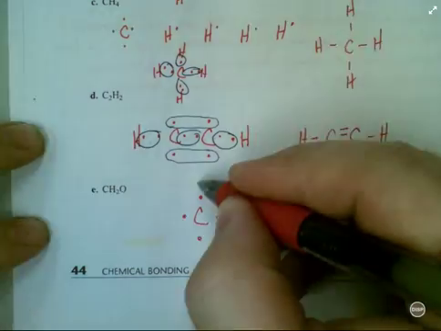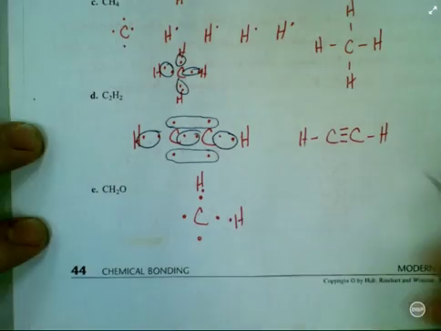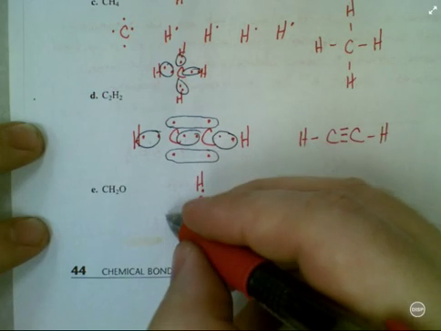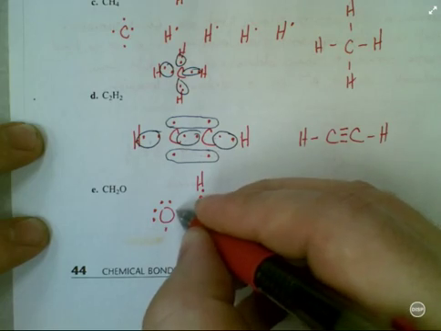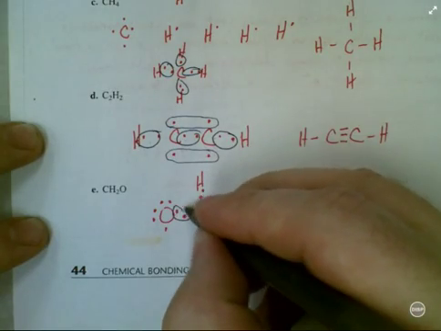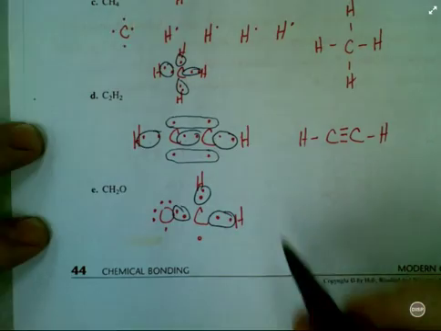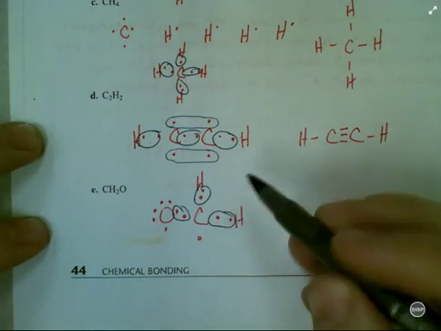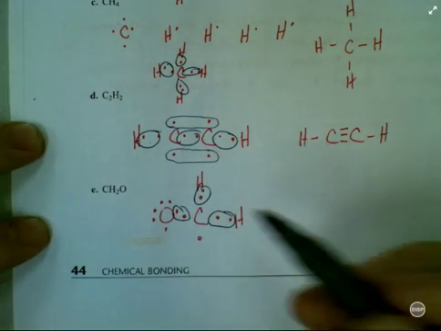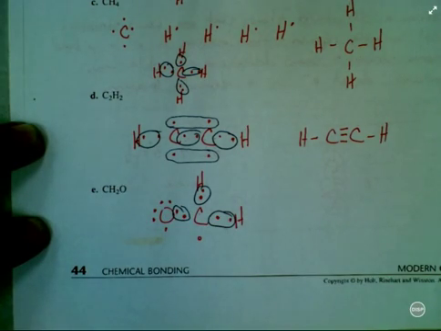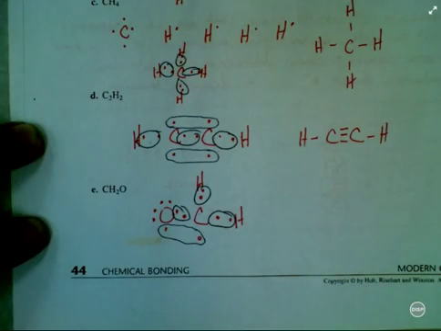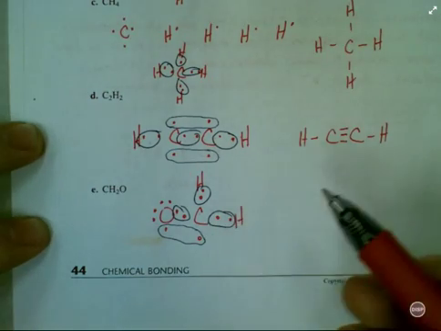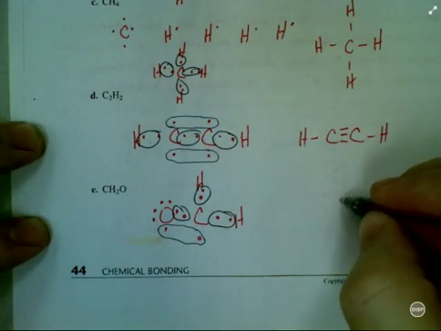I'm going to lay down these hydrogens with their 1 valence electron, and how about my oxygen with 1, 2, 3, 4, 5, 6 valence electrons. I can know that, okay, that's a bond, that's going to be a bond, that's going to be a bond. But look at this carbon, only 1, 2, 3 bonds. And then, for that matter, oxygen here only has 1 bond. That's not satisfying, or at least for them. You don't care. But notice I still have unpaired electrons. So between oxygen and carbon, I can create a second bond, and now all of the electrons are paired. So as a result, my final structure